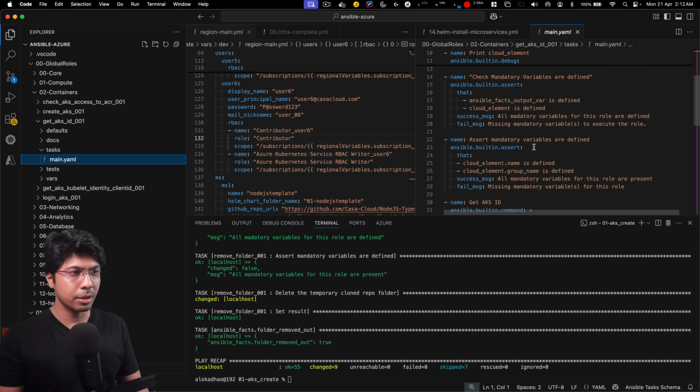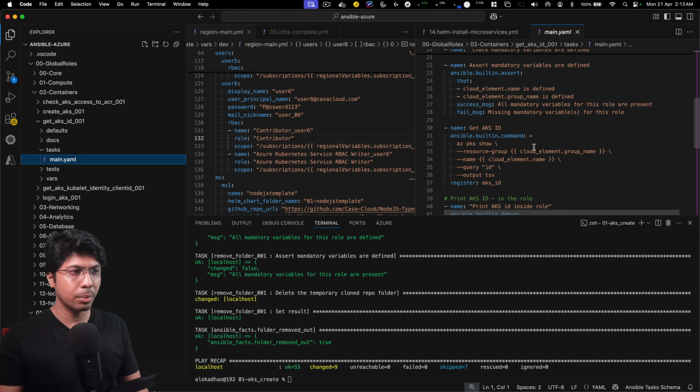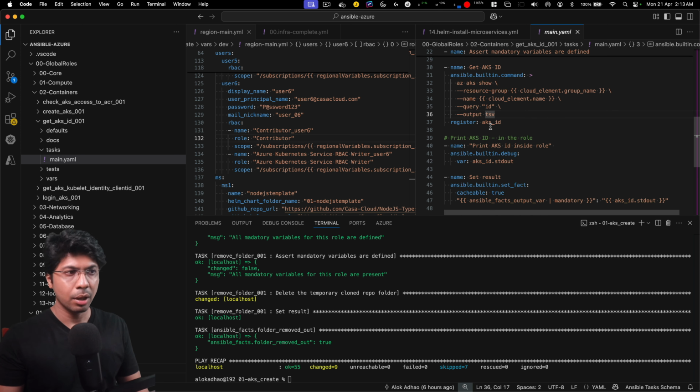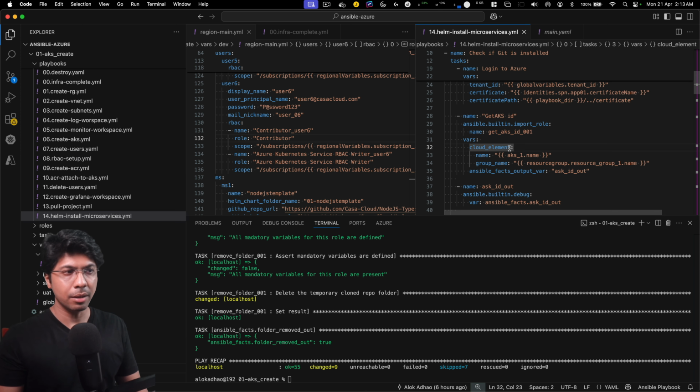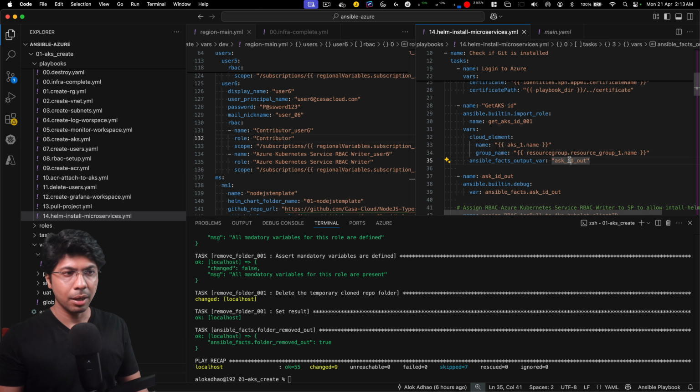It is checking mandatory variables and then running az aks show with the resource group, name of the AKS, query is ID and output is TSV. Whatever is the output, I am sending it back and putting it inside the folder AKS ID